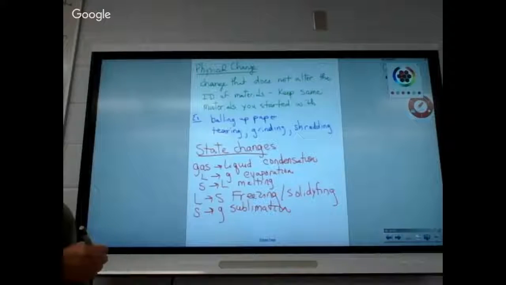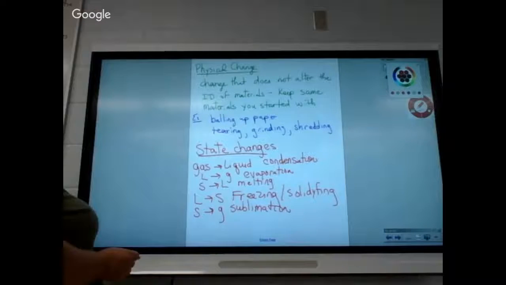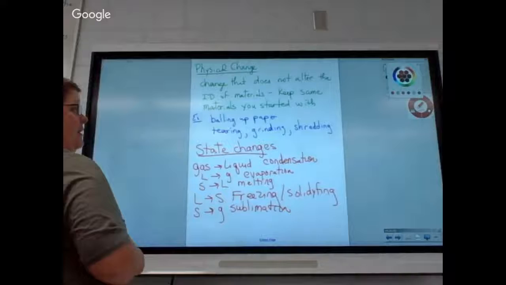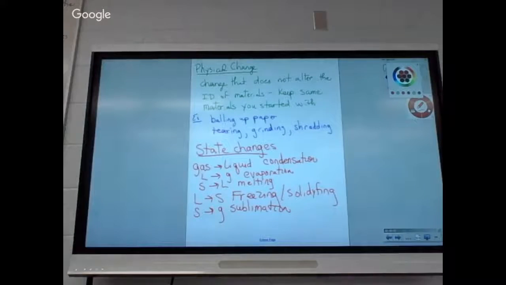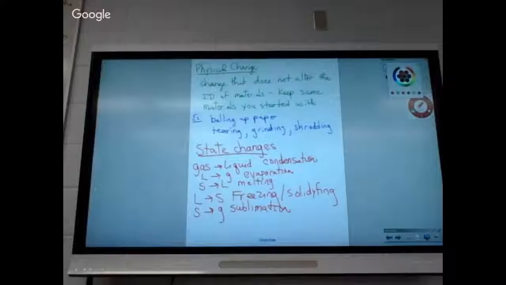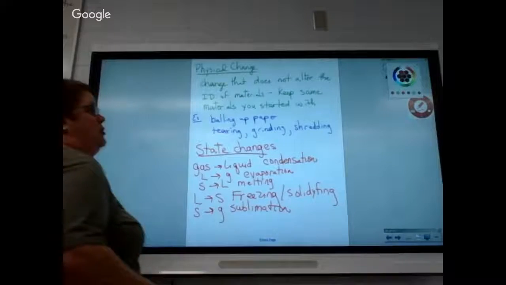So any of these things that occur are going to be a physical change. Now, students struggle with these, and I understand that. So how are you going to figure out if it's a physical change or a chemical change? Well, chemical changes have 5 indicators we can look for. And if you don't see one of those 5 indicators, then it's not going to be that. So sometimes students struggle with these,